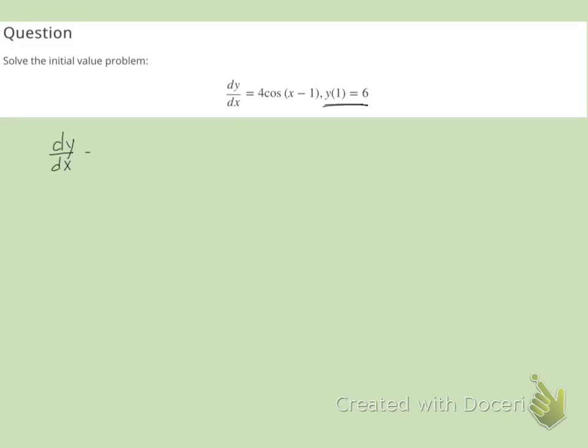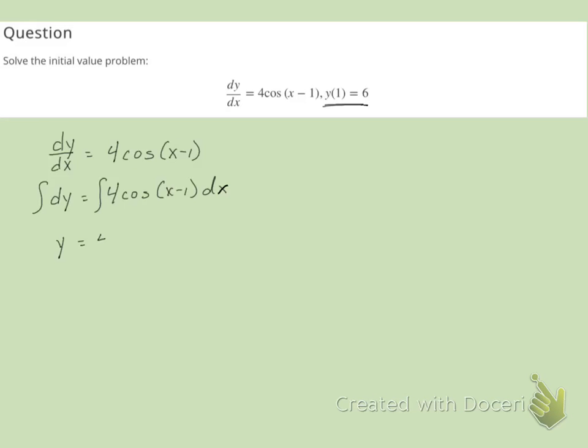So let's start with the derivative that we're given. And I also want to show you some notation here. So I have dy dx equal to this. I can multiply both sides by that dx and put it on the end here, and now I can take the integral of both sides. The integral of dy is going to be y,